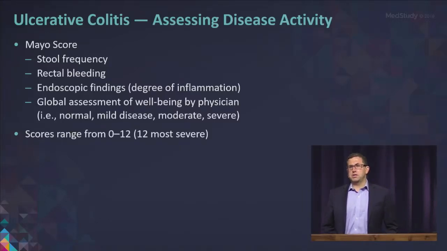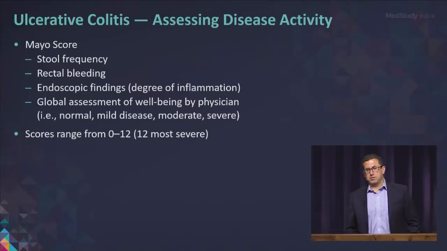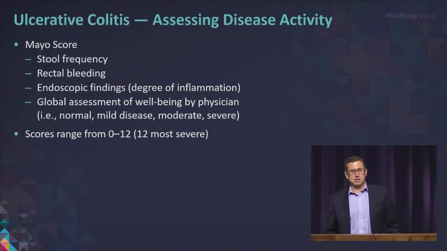Similar to the Crohn's disease activity index, there's another tool to assess disease activity in ulcerative colitis. It's called the Mayo score. It's here if you want to see it. It's kind of similar to the CDAI, but it's a way to standardize how we determine treatment thresholds in different